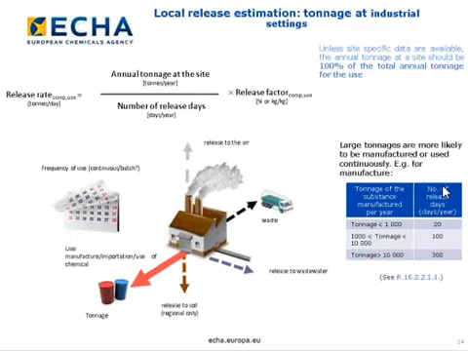For industrial settings, in principle, as the guidance advises, unless more specific information is available, the whole tonnage of the substance assigned for that use should be used in estimating the release rate. But as I mentioned, it can be overwritten